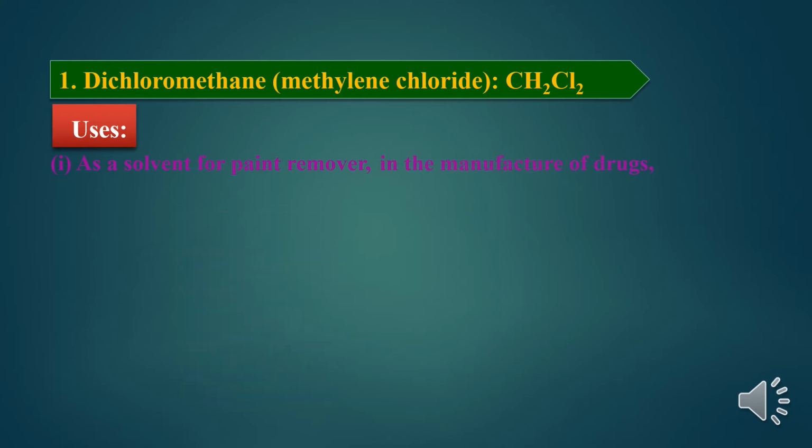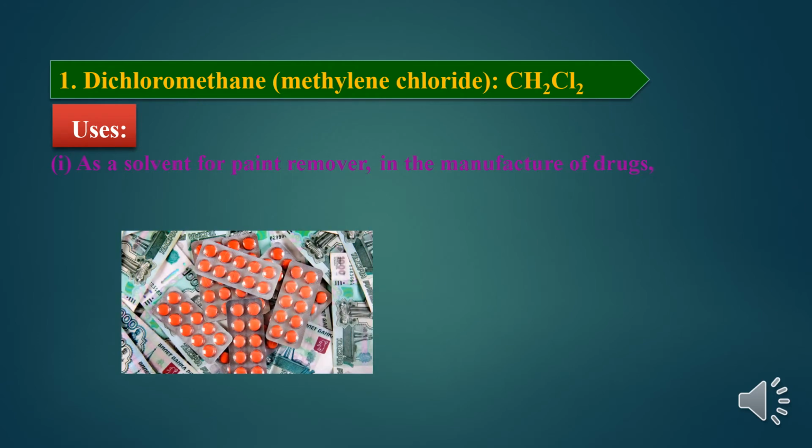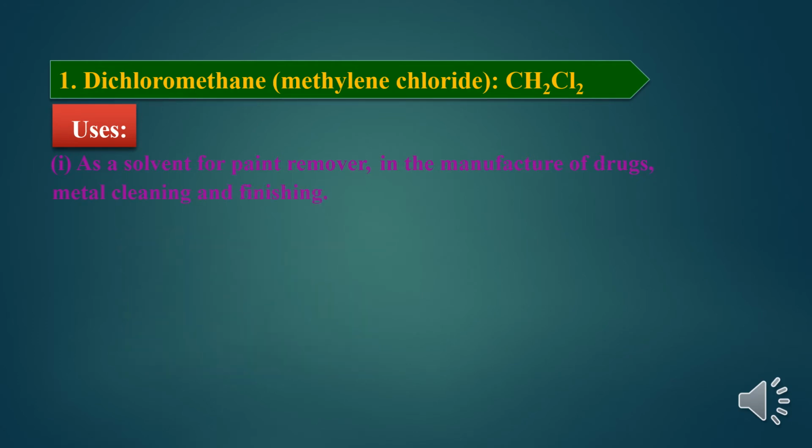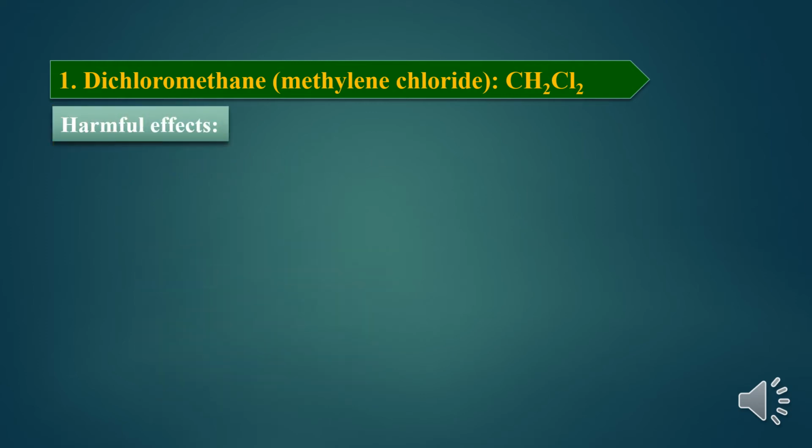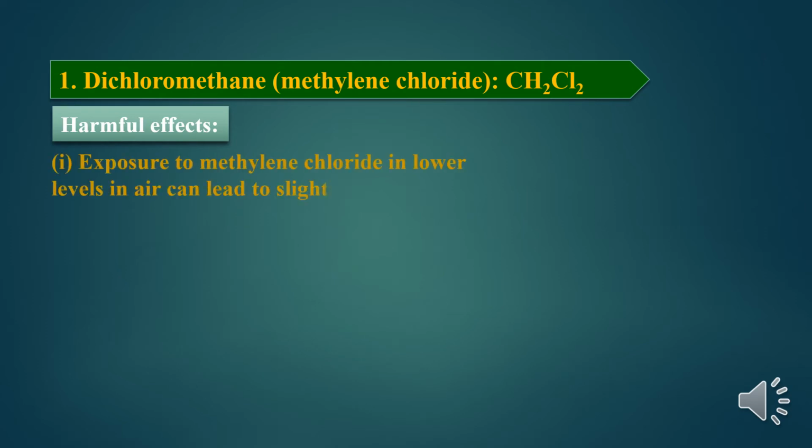Then, it is also used in the manufacture of drugs. Drugs means medicines. Then in metal cleaning and finishing, to clean the metals and for finishing work. Second, as a propellant in aerosols. And the harmful effects of dichloromethane: if you are exposed to methylene chloride in lower levels